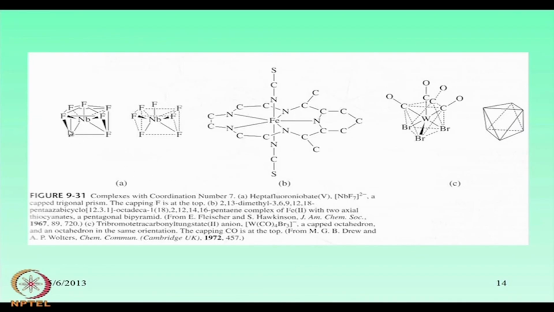The heptafluoroniobate compound is also a capped trigonal prism structure. In this capped trigonal prism structure we have to accommodate 7 fluorine ligands surrounding this niobium. So, this is one particular form. Then what we have shown just now is the corresponding capped trigonal prism structure for tungsten CO4 Br3. So, in one trigonal face we have the Br3 units, in another trigonal face we have